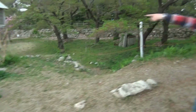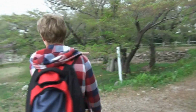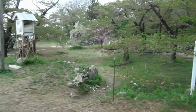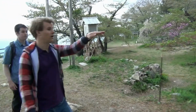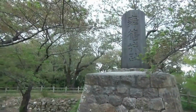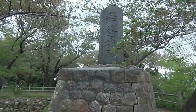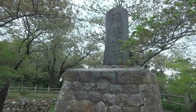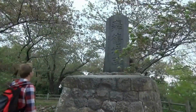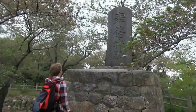And if you notice, this part of the castle is raised around the rest of it. So there was probably the tower here, and then some sort of auxiliary building running around the courtyard here. There was probably a turret over there, a turret across from it, and a turret here to let you see everything. And then this is a monument that says